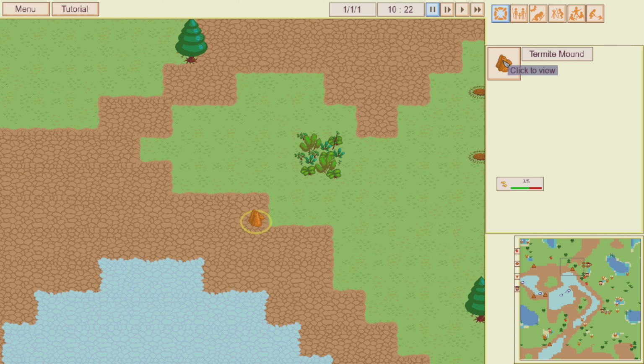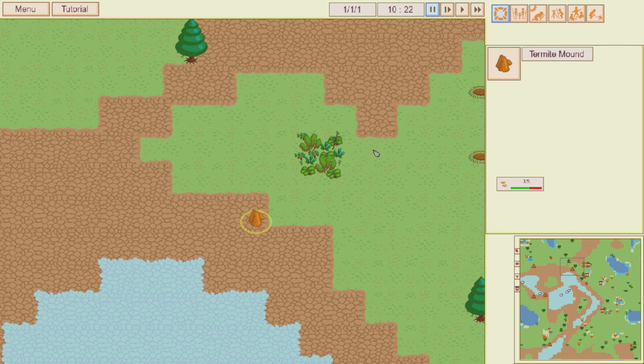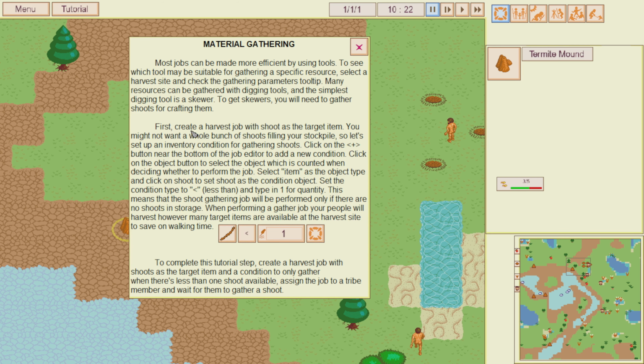Well, it basically gives us some information that I'm not quite sure what it is yet. But yeah. Okay. First, create a harvest job